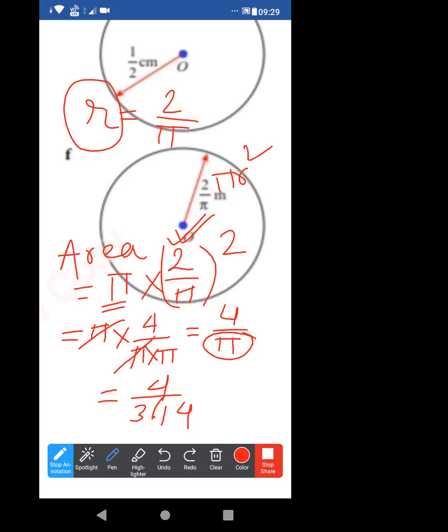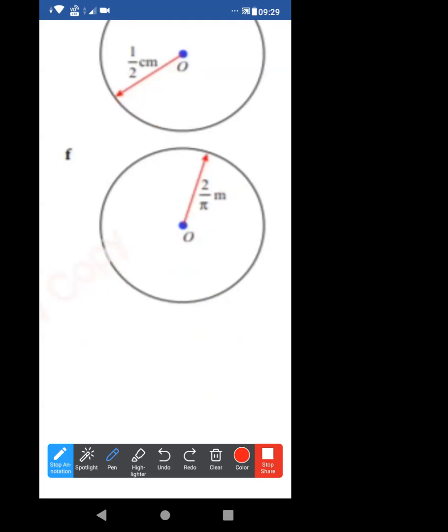If we want to remove this decimal, then there will be 400 by 314. You can do this process, or you can just take 4 by 22 into 7, that is 28 by 22. This one also. Now just find out the answer. Just convert it to decimal. I am not going to say the answer. You can do 12.56, no, it is not correct. Check the calculation, okay?